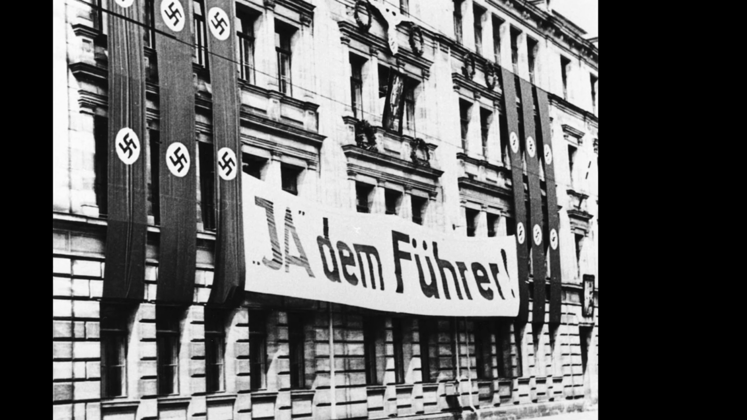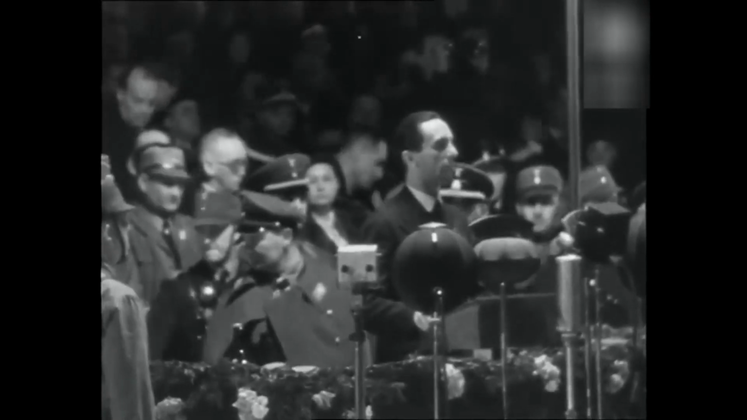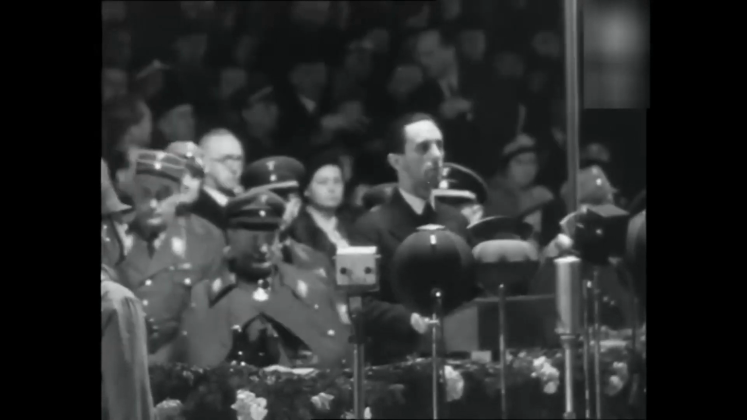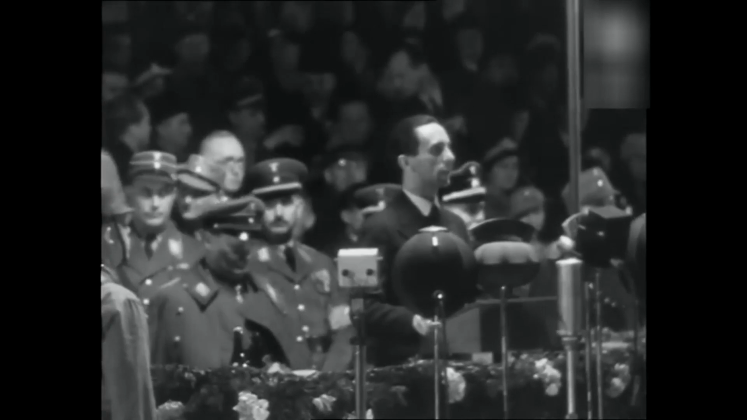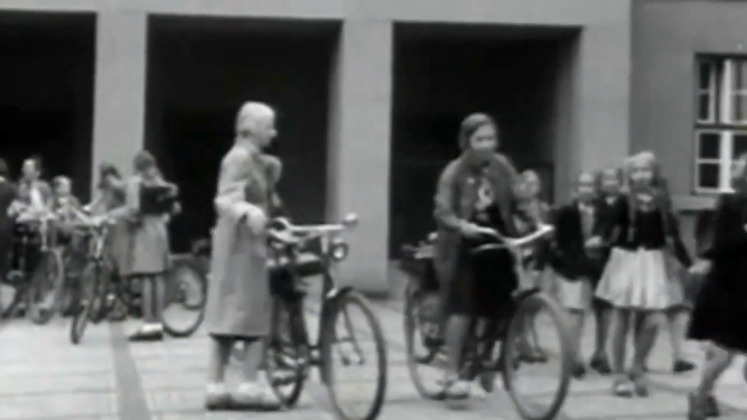Cult of personality and ideological control. The Nazi regime, under the leadership of Joseph Goebbels, created a powerful propaganda machine that glorified Hitler as the Führer and promoted Nazi ideology. The regime also took control of education, media and culture to ensure the